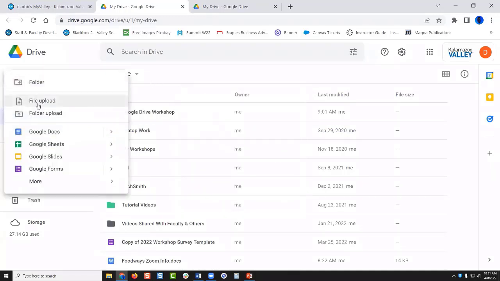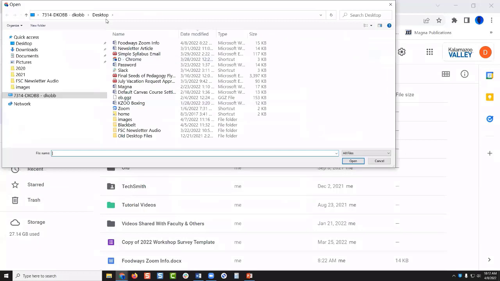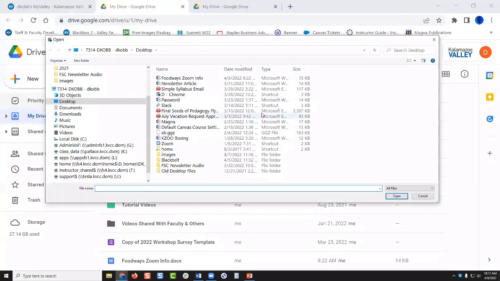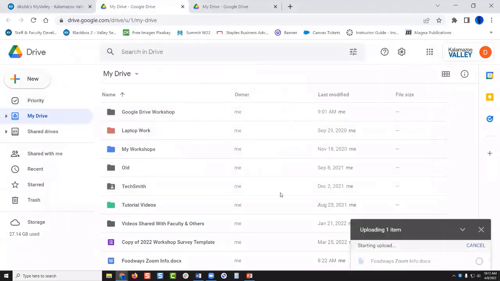But anyways, going back, you can also upload a file, and you can click on that, and then you get the little file explorer window, and you are just navigating to wherever your files might be saved on your computer. Or if you have a flash drive plugged into your computer, you can find it on your flash drive. It could be your desktop, wherever you're saving your files. You just need to find the file in question and select it, and you can either double click it or select it and then click this open button. Either way, it does the same thing.